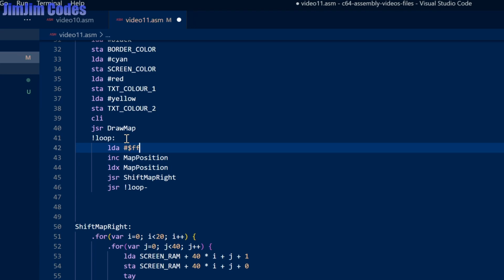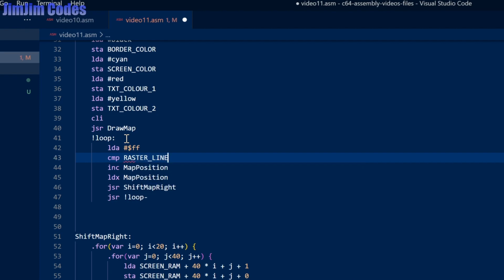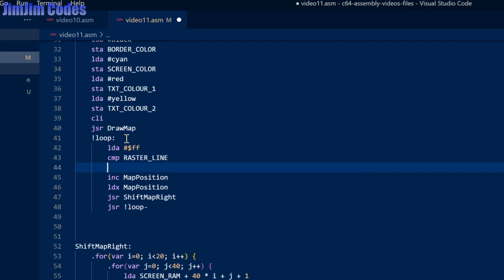That's 255, it's in hex. We compare that with whatever's in the raster line, and we BNE. We've done an inner loop. We'll just go back 3, so that it will go back to here. Okay, we'll keep doing that. Go back three addresses. It will keep doing that until